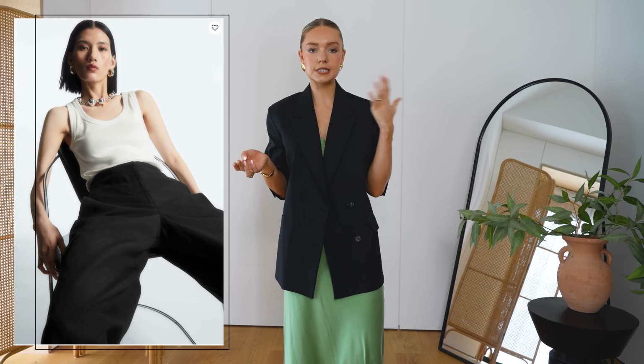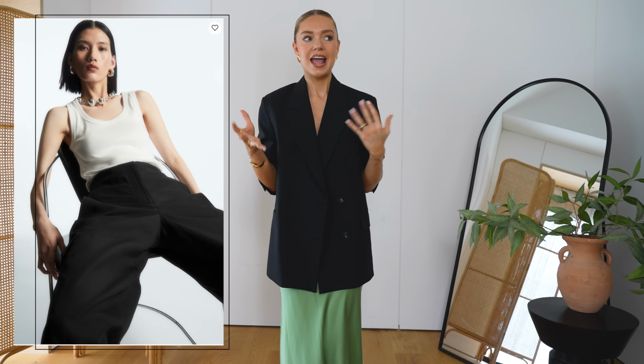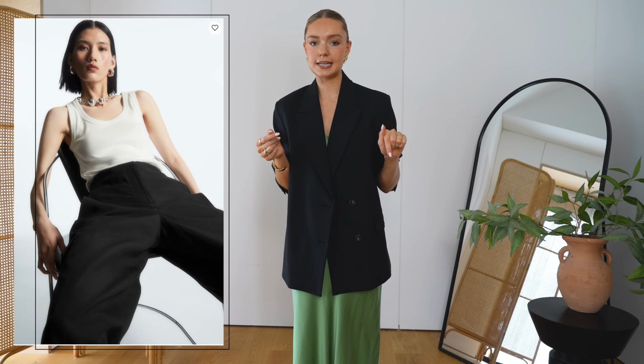Just really quickly, let's talk about basics. I wanted to add in this scoop neck vest top. I often go towards the higher neck, well, I have a lot of the higher neck tank tops. And actually, I think this scoop neck style is more wearable and useful than the high neck tank tops, especially